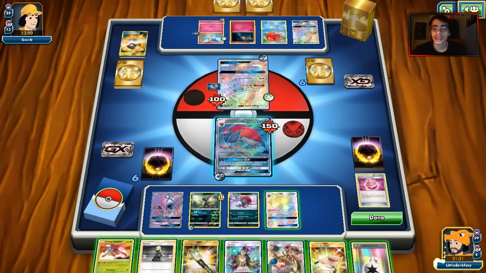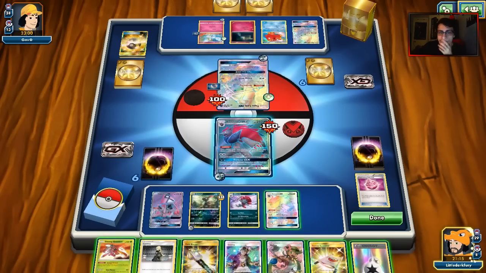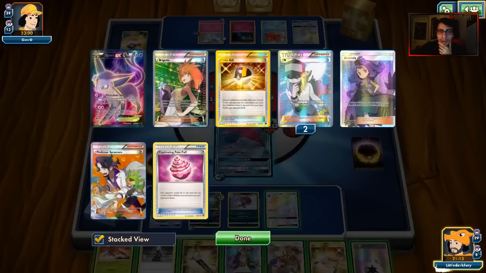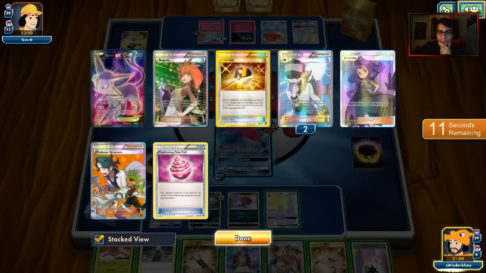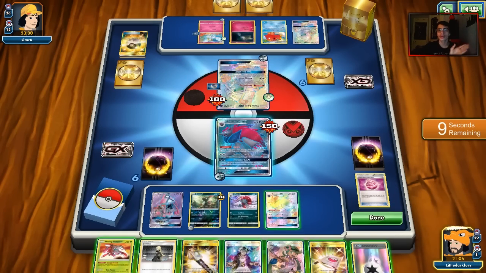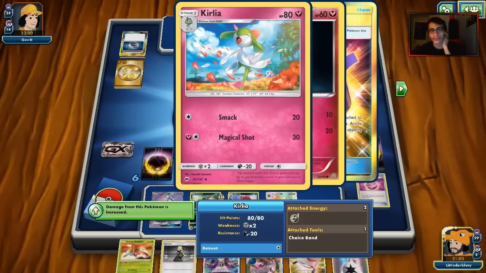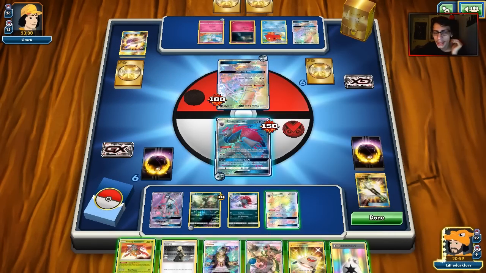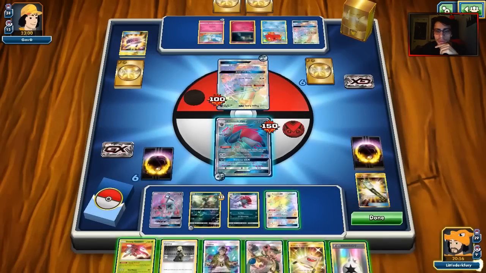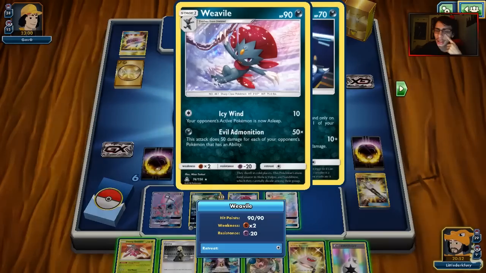Now, I don't know if he's playing max potions or not, so I don't know if I want to do Guzma or not. I need to try and ace roll on my Zoroark at some point, though. That's the thing. Okay, stupid timer, go away. So first thing, I guess we'll Field Blower. I'll probably knock out this Kirlia, though, to be honest with you. I wouldn't mind actually doing Evil Domination to it, but I would need to find... if I find a Rainbow Energy, I can give myself...